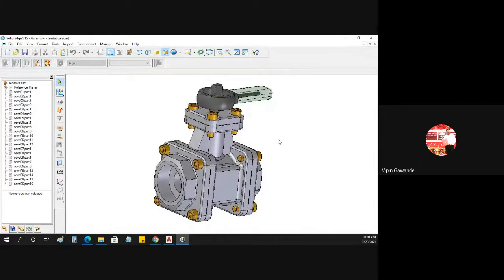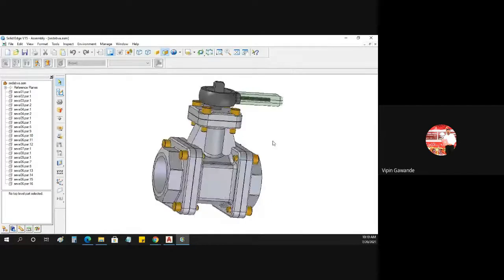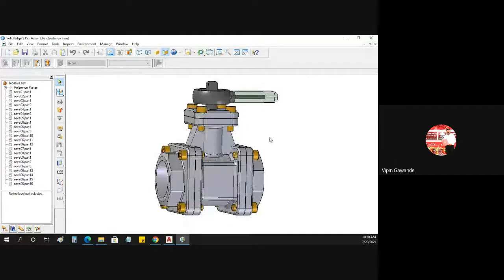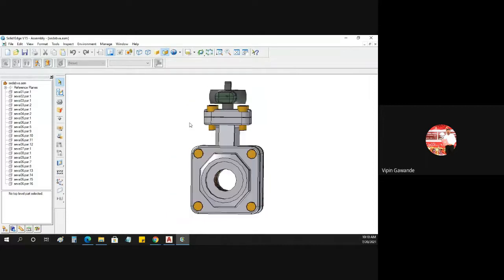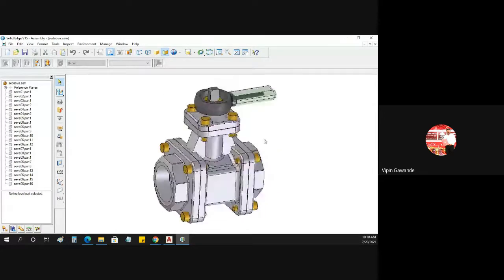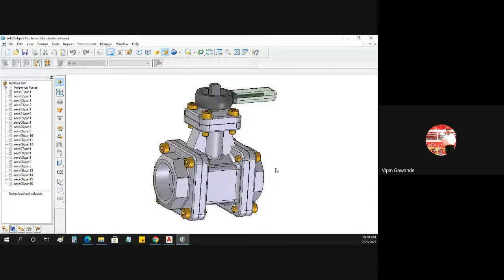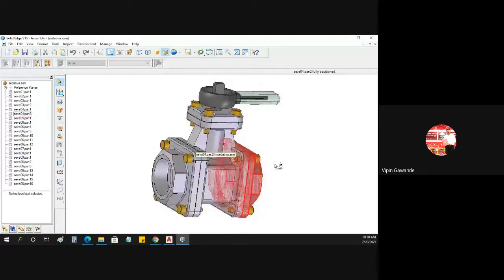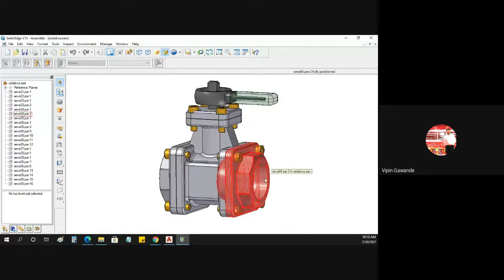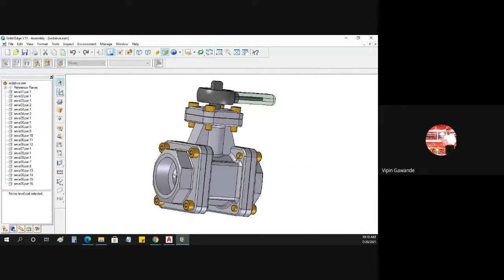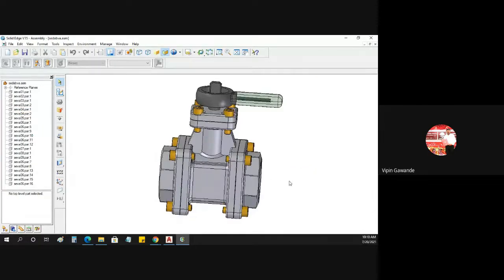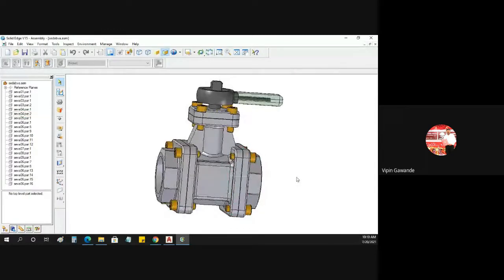Suppose we have an idea in our mind and we have to prepare that model. This is the industry procedure: we first prepare it in the modeling software. I have prepared this model here. It is a type of operating valve. This is the inlet side and this is the outlet side. It can be used for the transfer of water or oil.